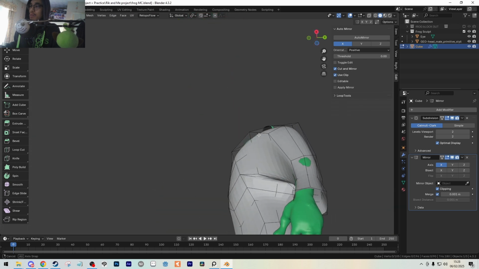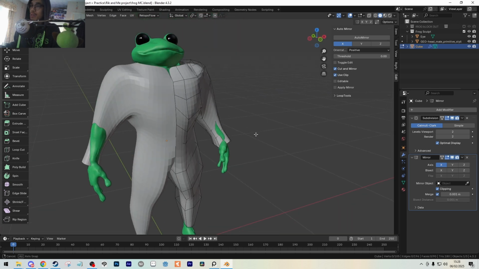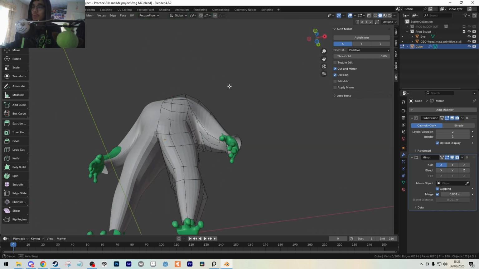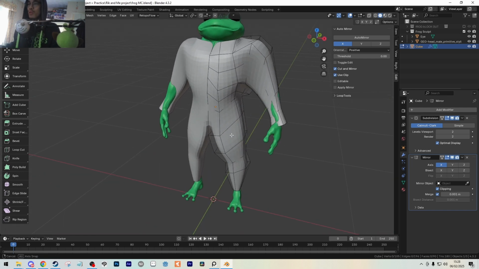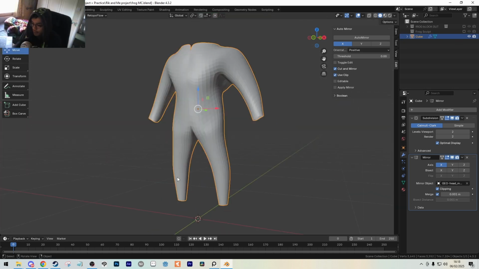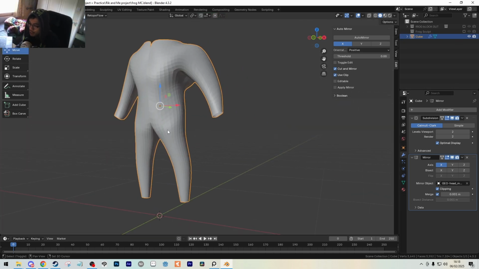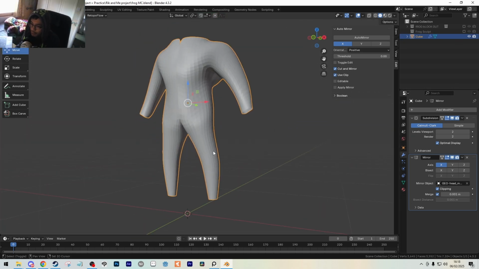And we want to, after we have made that hole, put it so that it's in place. A little bit more editing and the jumpsuit of this guy should be done. This one's a little bit of a quick job, but I just wanted to show you guys how I would